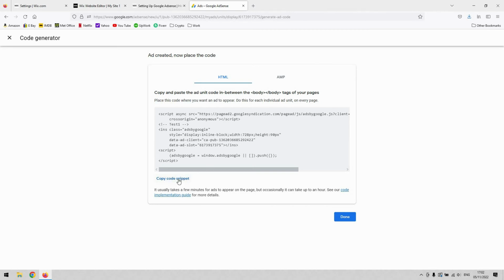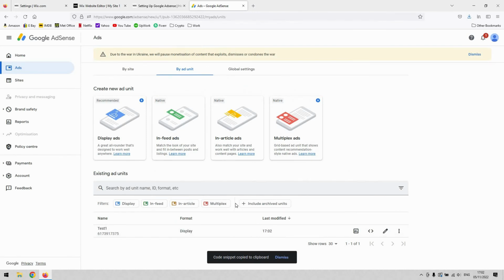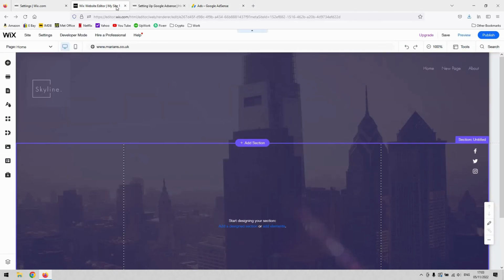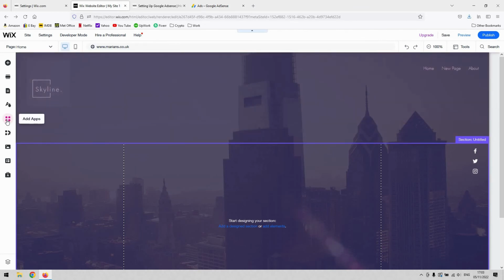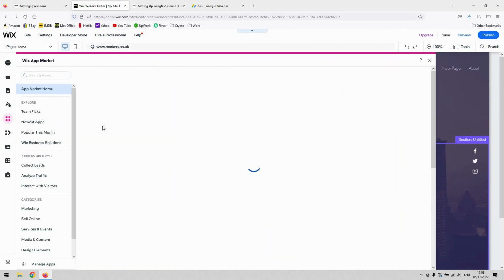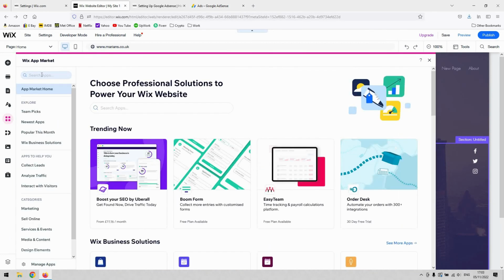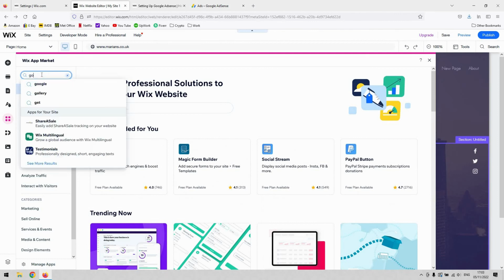So once we copy that code snippet, you can hit done, and then you'll see that the advert has been created as a new display ad in our Google AdSense account as well. So back into the Wix website editor, and what you need to do then is go to add a new app. So add apps is available on the left hand side toolbar. Once you hit that, it'll take you to the Wix app marketplace,